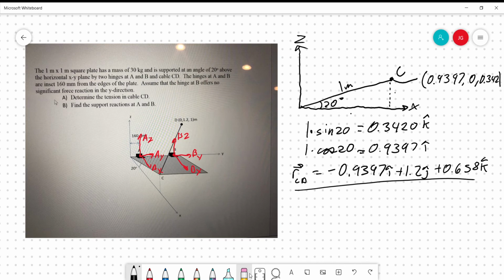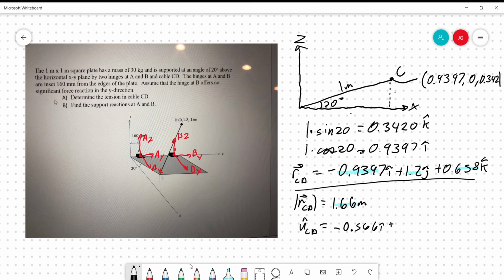And when we do the unit vector, the magnitude of CD is just 1.66 meters. And then the unit vector is going to be equal to, you know how to solve for a unit vector, you just take each one of these and then divide it by this. That's all. So it would be negative 0.56i